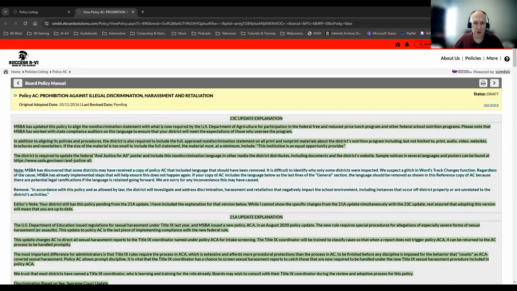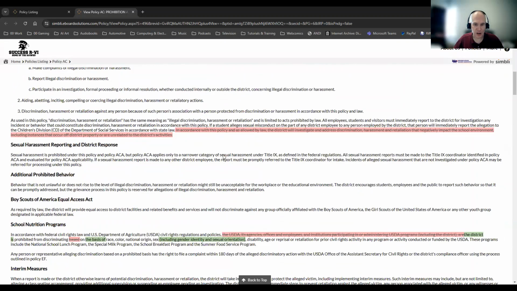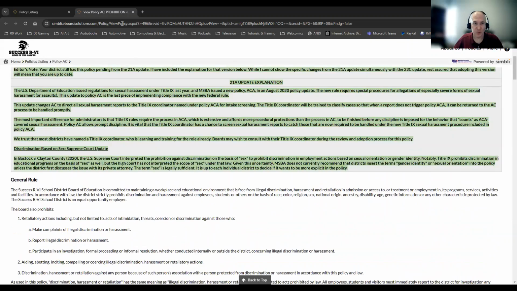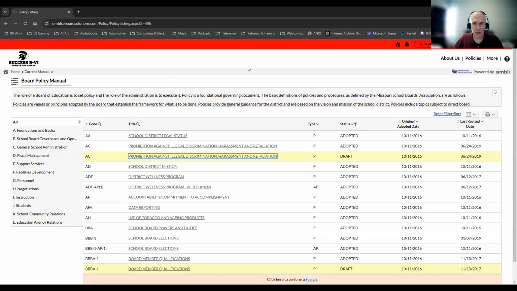But for now, just know that when you see this yellow highlighted bar and you see the word draft over here, what you're seeing is a draft that shows revisions that the board has yet to approve. You're going to see that anything that's in green here is being added, anything that's in red is being removed. And then I can print this draft from here if I just want to print the one. But that's kind of how we're going to navigate, how we can filter our view, stuff like that. So next up,